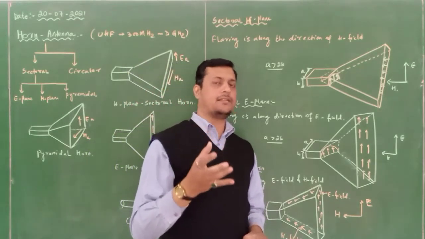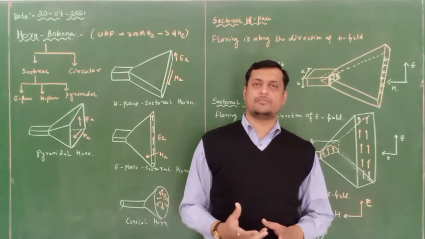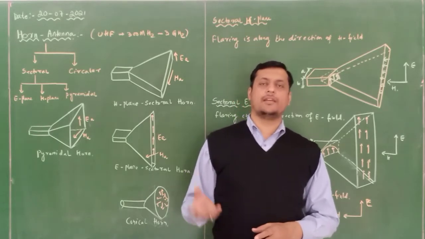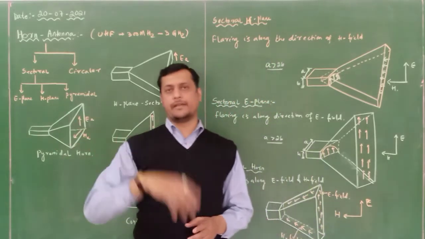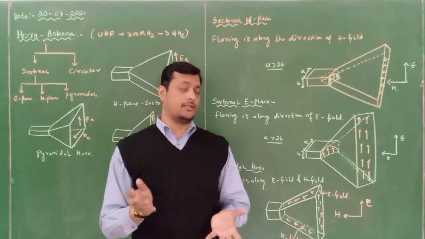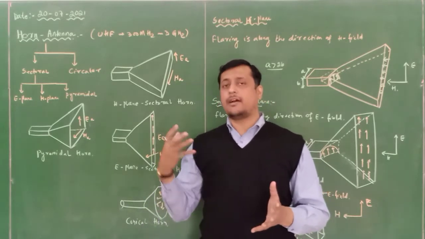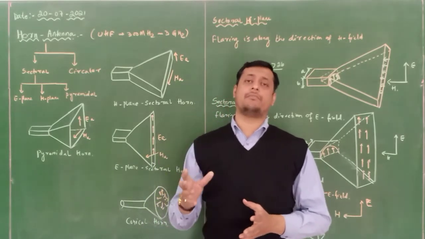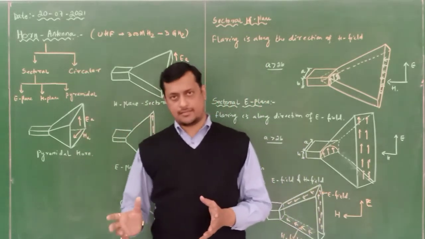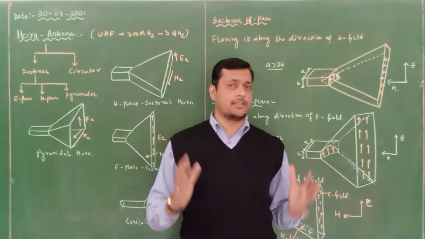It depends upon the field components. The field components will be analyzed in terms of the Cartesian system because it is rectangular in nature. We cannot assume cylindrical or spherical. The waves are going to be identified according to the dimension. I have already discussed in the previous class that when we analyze the fields, we have to first identify the dimension, and first analyze the coordinate system, whether it is a Cartesian system, a spherical system, or a cylindrical system.